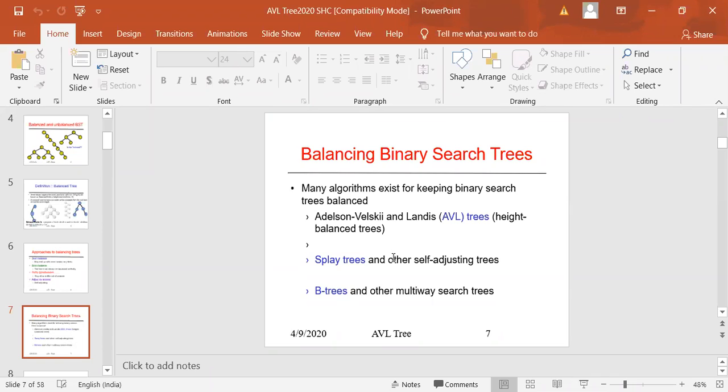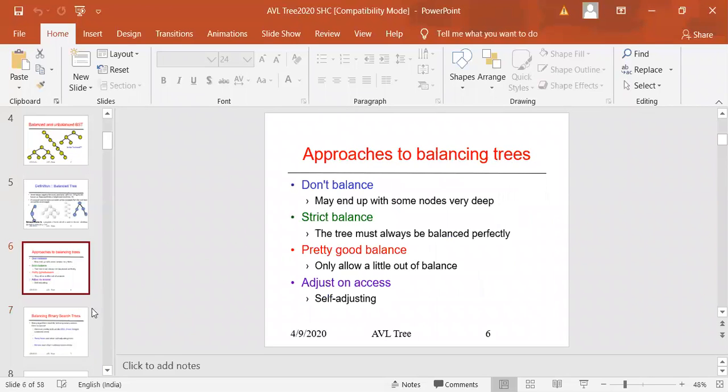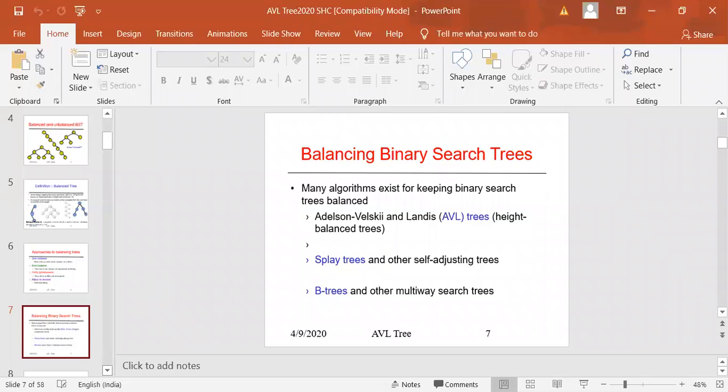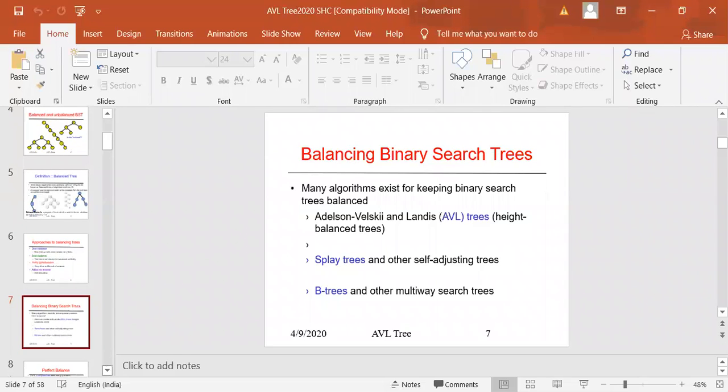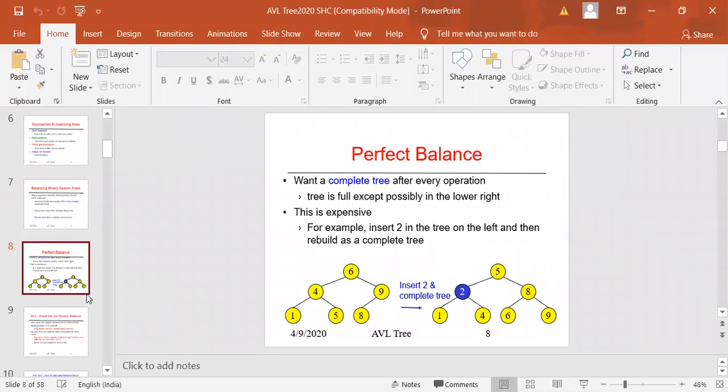B-trees, B+ trees and other multi-way trees are again advanced versions of the AVL tree. After insertion and deletion, we have to perform the proper splitting and joining operations to make sure the balancing factor is maintained and the tree is balanced. What is meant by balance? My tree should always be pretty good, almost complete, or somehow 1 or 2% unbalanced.